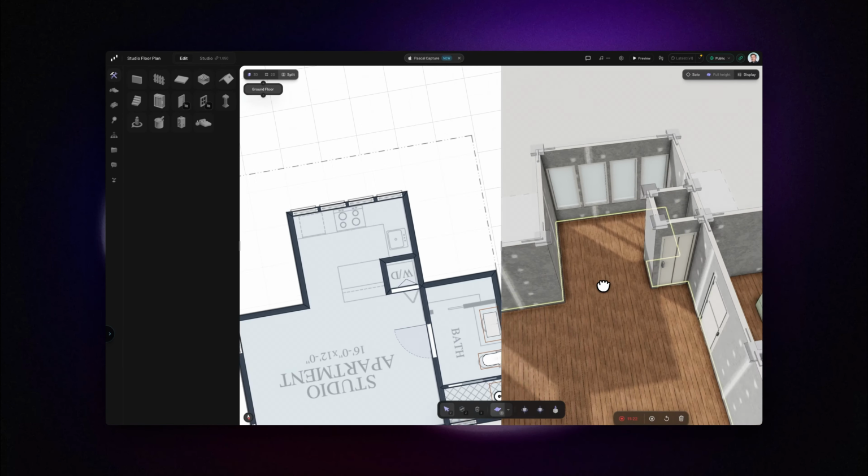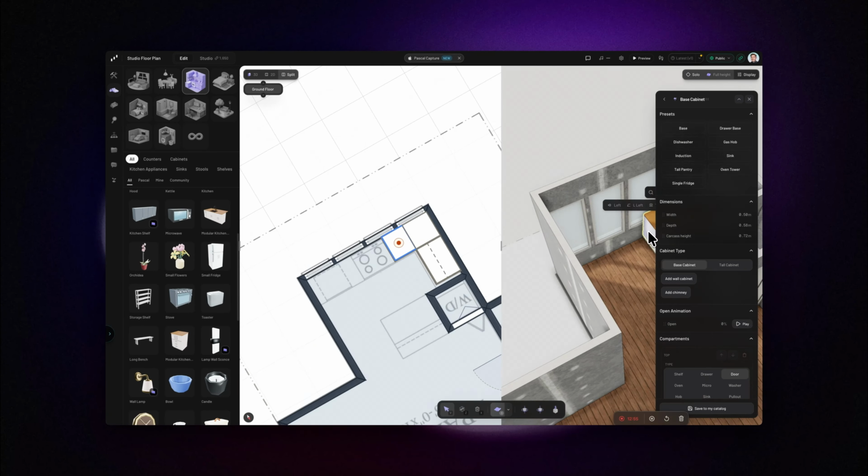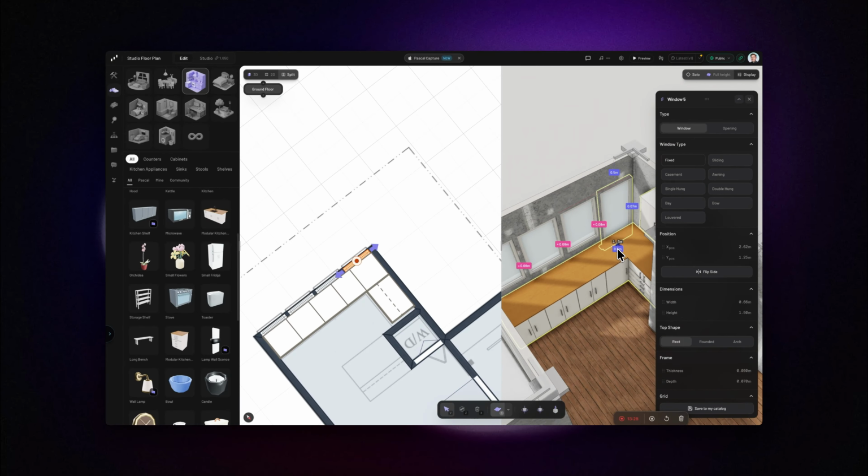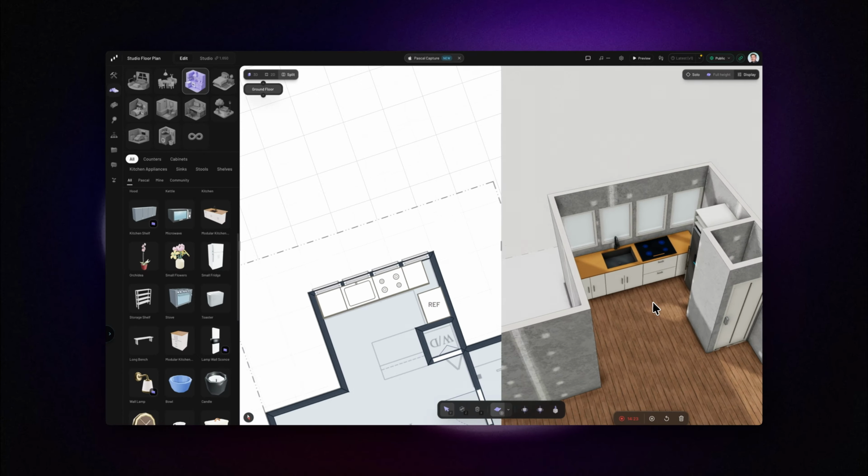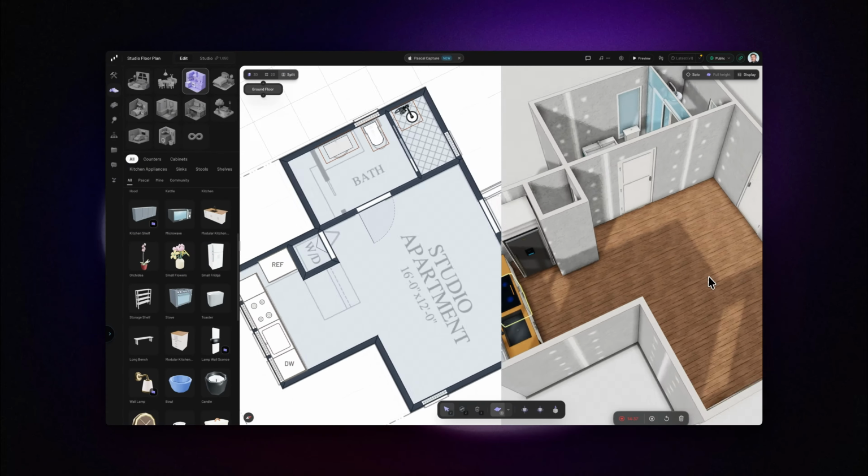For the kitchen, we'll use the new modular cabinets. Nudge the window up so it doesn't fight with the counters, then drop in a fridge, a sink, a cooktop, and a dishwasher. To wrap up the studio, a bed,